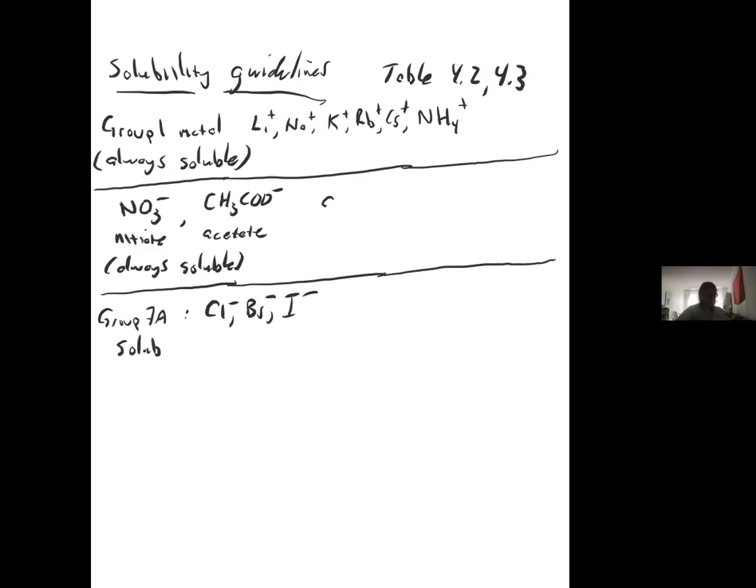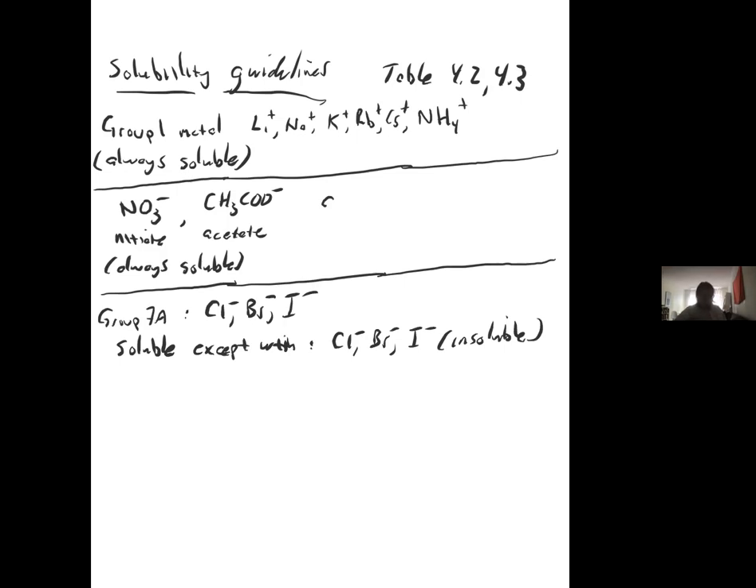It behaves differently. So these ones are usually soluble. So I'm going to write soluble except with chloride, bromide, or iodide, then they're insoluble. Okay? So in other words, if you have sodium chloride, it's soluble. If you have potassium bromide, it's soluble. If you have calcium iodide, it's soluble. But,